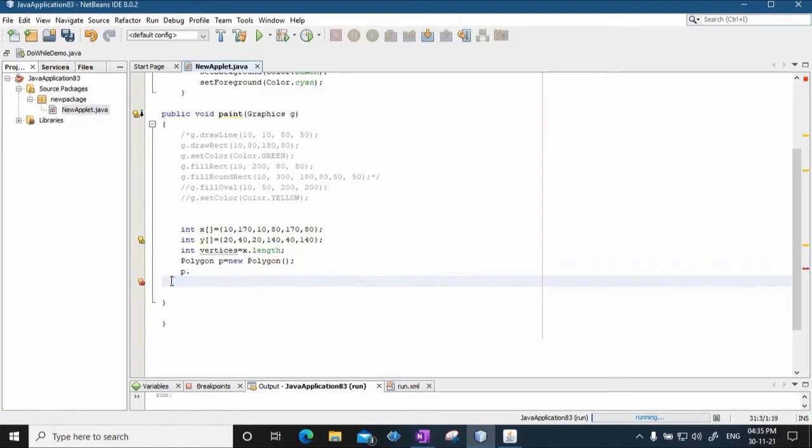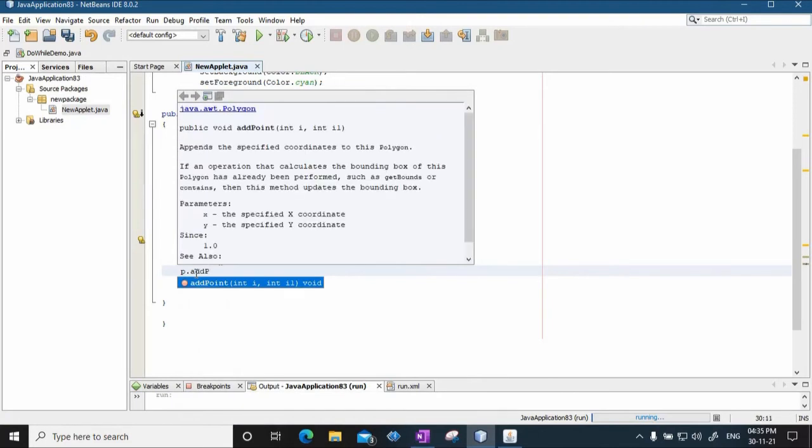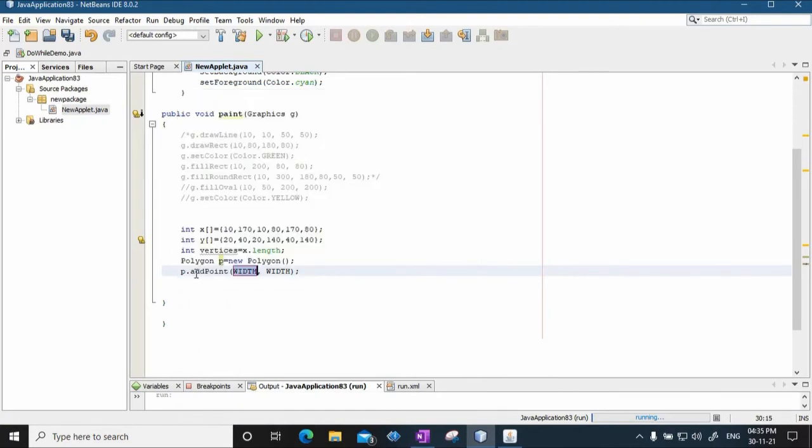I'll just remove this, and I'll say P dot add point, and you can specify the point. Sorry, the first point is 10, 20, x1, y1. So it is 10, 20.